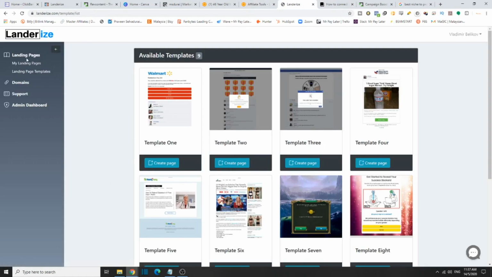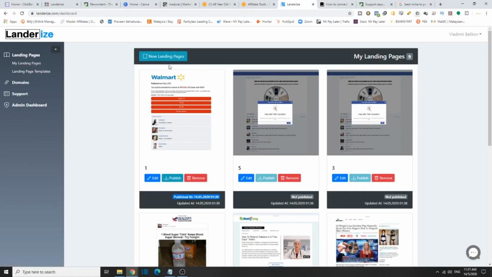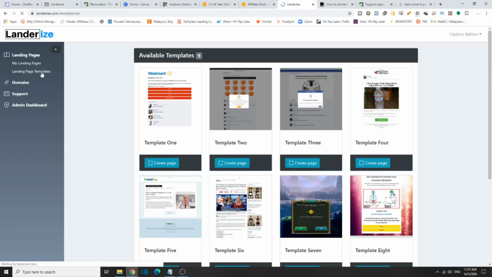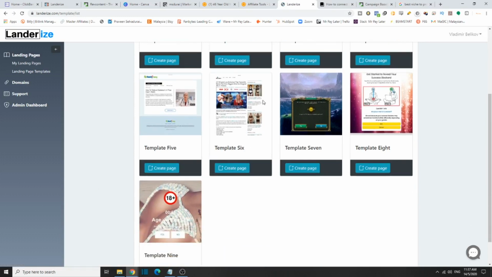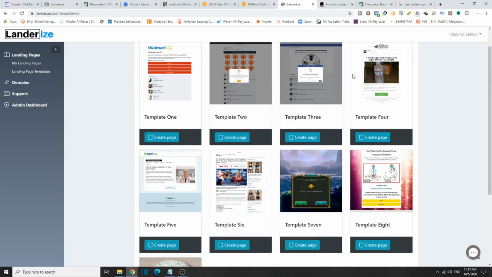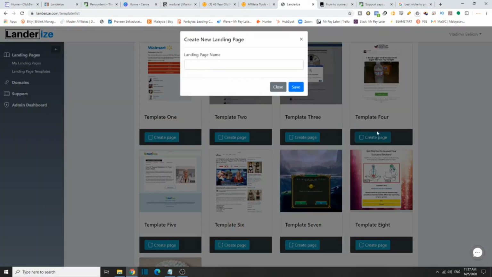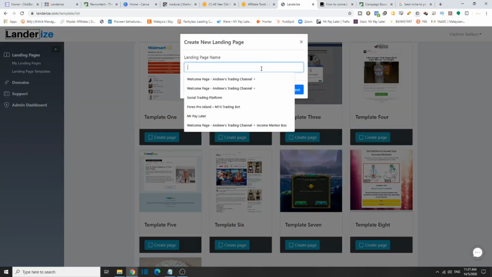First thing is you can go to My Landing Page and create a new landing page, or you can choose the template over here and start creating a landing page as well. Since we are using native ads, and this ad is exactly the good one for weight loss and our kind of ads, we're going to take a look at that. For example, these are the ads that we're going to use, but if you want to use other ads, you can just go ahead, hit create page, and just, for example,